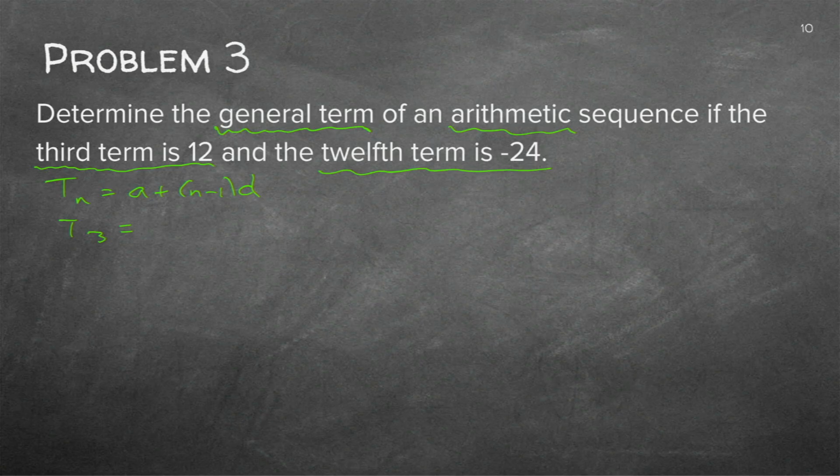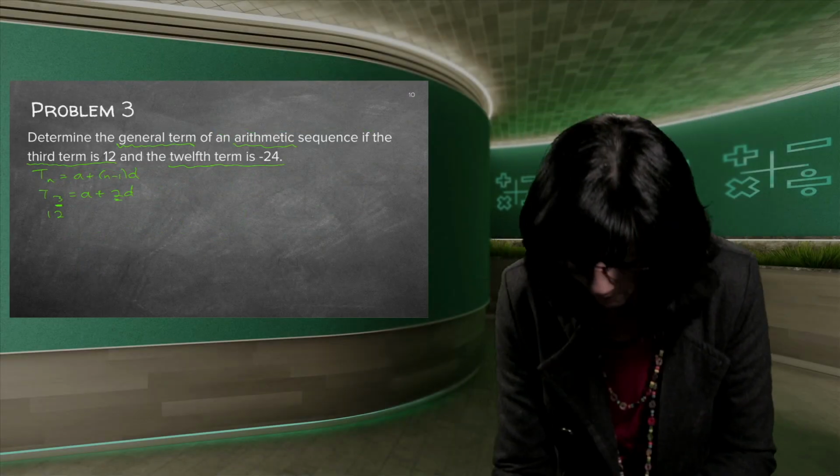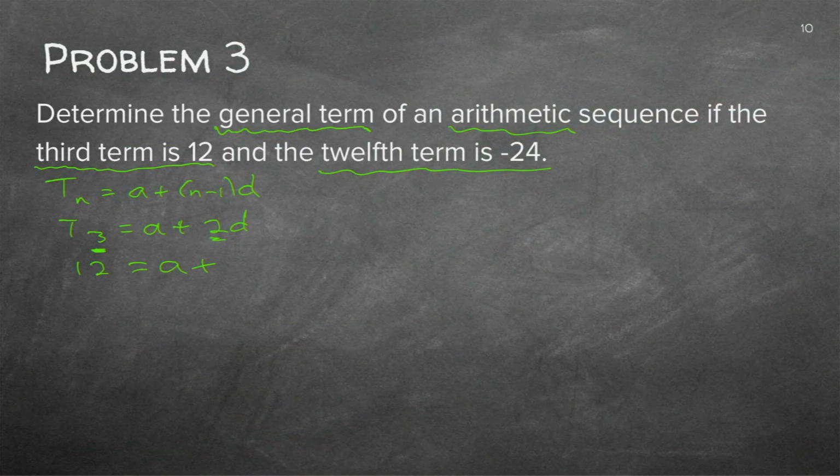I've got a formula, a + 2d. Now, why do I make it 2? It's 3 - 1. So to skip that step, it's a small little step, and it's actually better to skip that step because then you don't have brackets anymore. If you know n is 3, then n - 1 will be the 2 there. Okay, so I need the a and the d. But what did they give me? They said that this third term is 12. So in the space of the T, I can write 12, and there I have a + 2d.